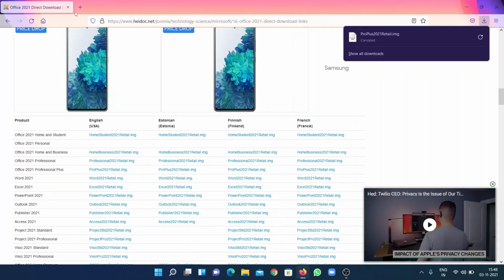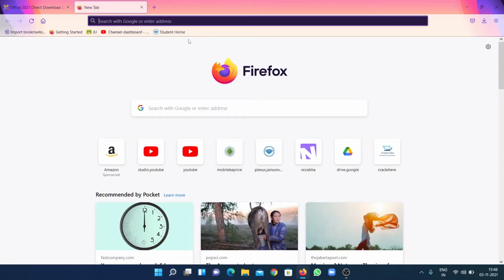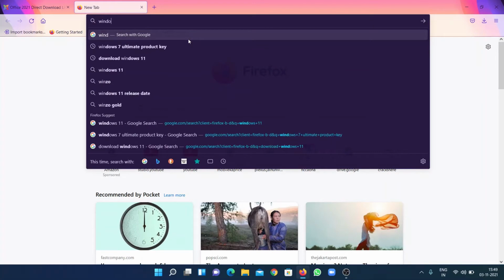And there is one more tool which I have told you about in my earlier videos, that is the Windows ISO downloader.